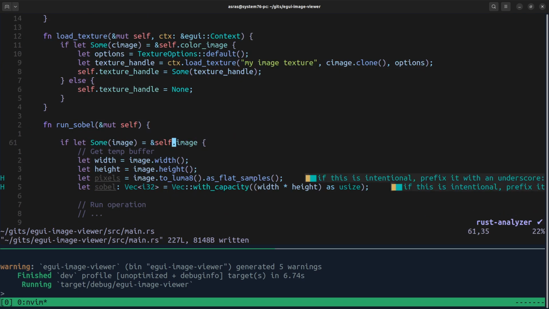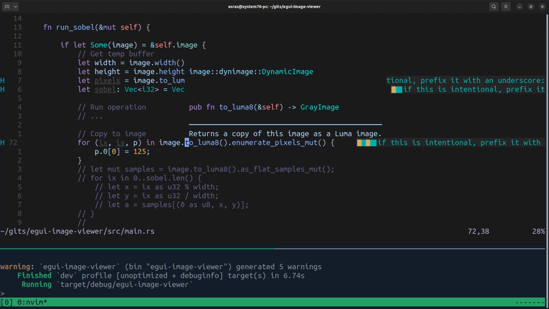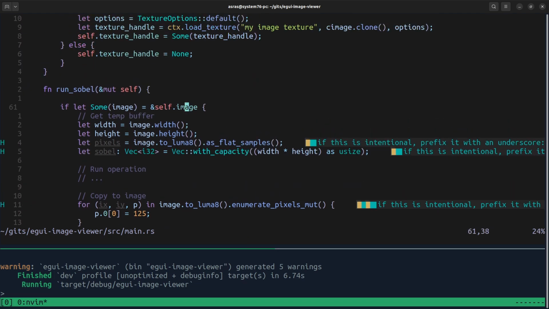Right, and actually it's kind of bizarre that it returns a copy. So that's a good point. We also have to put it back in. Maybe we just do it mutably, and